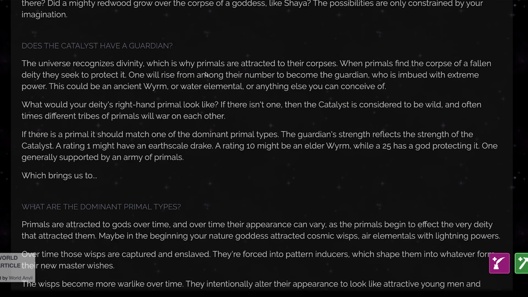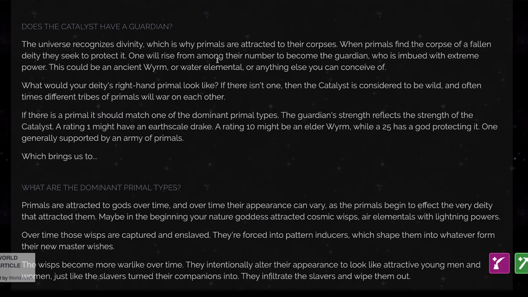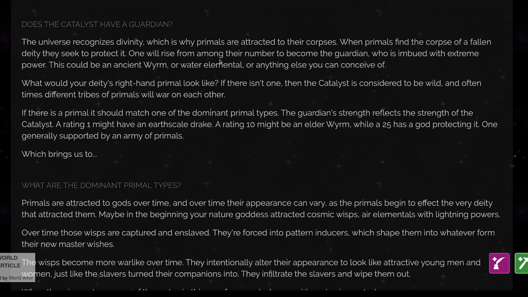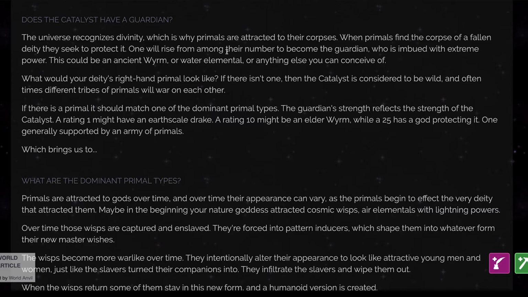And then the next question, does the catalyst have a guardian or is it wild? A wild catalyst simply means there's nobody protecting it. And usually what happens in those cases is there's several tribes of primals that are warring on each other and there's no clear winner. If you're reading along with some of the novels, the novel Hatchling, you're going to see exactly that, where you've got multiple groups of primals fighting each other because there's no one really in